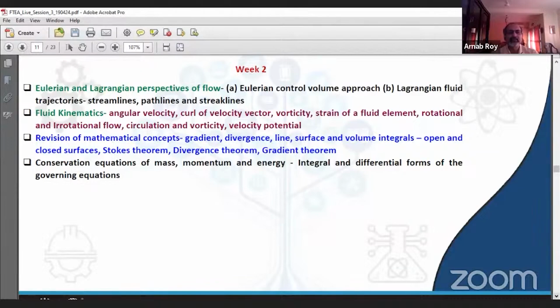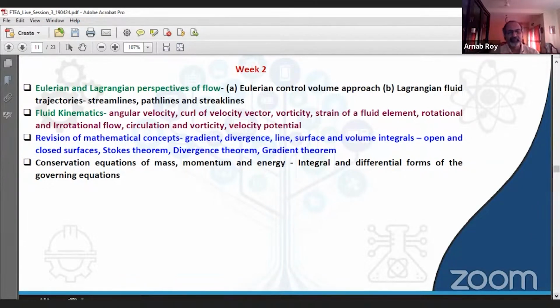Then came fluid kinematics, where we defined angular velocity, curl of the velocity vector. So you remember that we applied some of the vector concepts in defining these things. For example, curl of the velocity vector, of course, would involve some kind of cross product. Then came vorticity, strain of a fluid element, rotational and irrotational flow, circulation and vorticity, velocity potential. So very important concepts, and the best way of recalling them would be that if you write down these terms on a piece of paper and then try to write down the mathematical expressions of each one of them, you'll get very useful